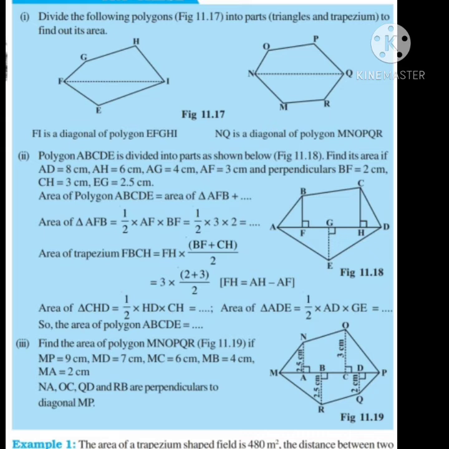Here the measurement is also given. So here you need to find the area of polygon ABCDE and area of polygon MNOPQR. Okay, so by substituting the value, first find out area of triangle AFB, and then area of trapezium FBCH, then again area of triangle CHD, add them, and then again we can find out area of the bigger triangle ADE. Add all the four areas and you will get the area of polygon